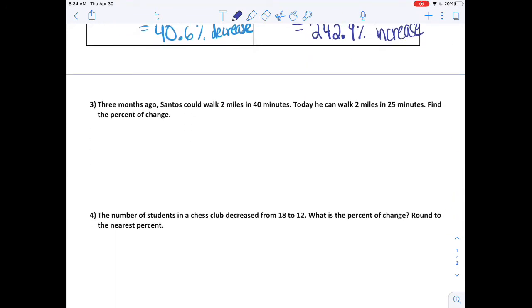Three months ago, Santos could walk 2 miles in 40 minutes. Today, he can walk 2 miles in 25 minutes. Find the percent of change. Okay, so we know we need to do the percent of change